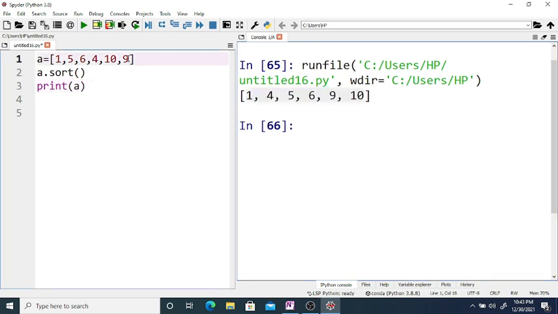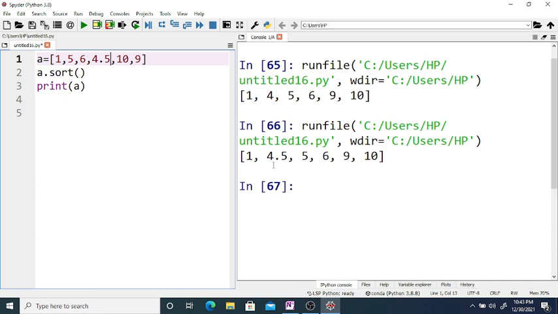You can use floating point also, say instead of 4 you can write 4.5. Again it gives a sorted list in ascending order.